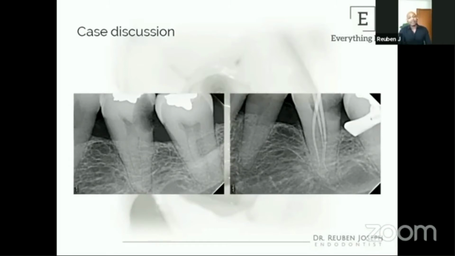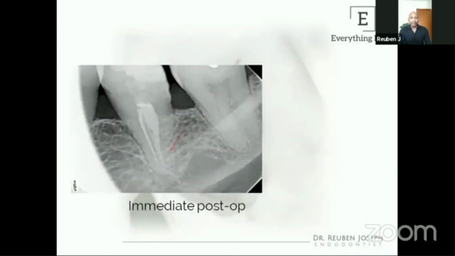Okay, so anyway, this was another case that I treated quite some time back. It was a C-shaped canal, all well treated and shaped, and the master cone looked quite satisfactory here. So what I did next was I obturated, and I always give a core, and I would always advise giving the core in the same appointment you obturate. I would not have an interim material and call them back for the core.